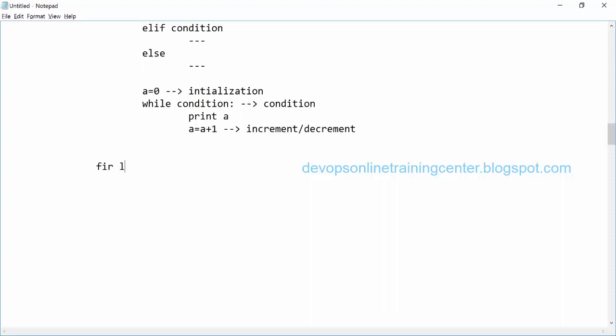A simple for loop: for I in, let us say, range 1 to 5, colon, print I. Okay, so let us see what this will print.